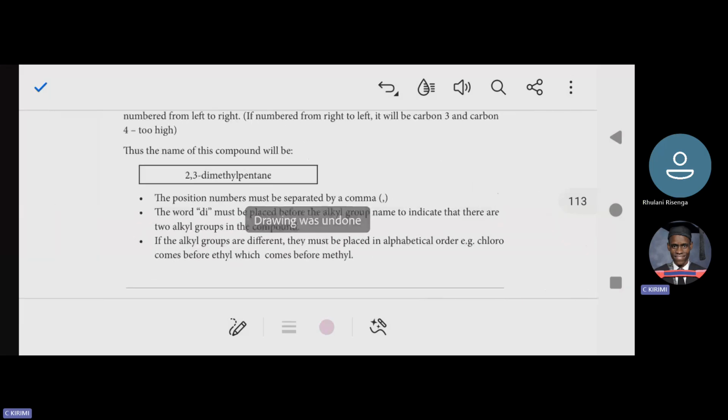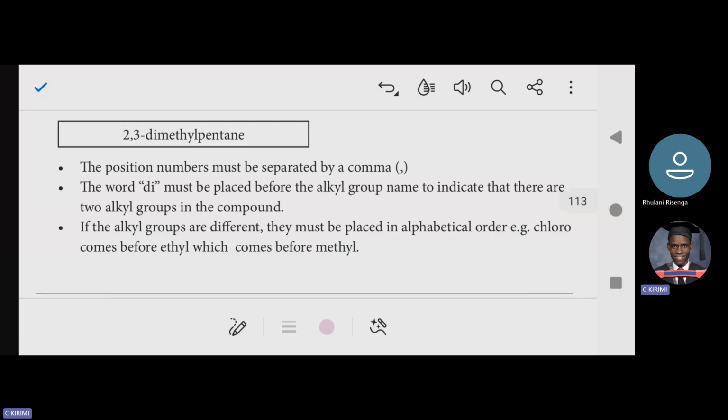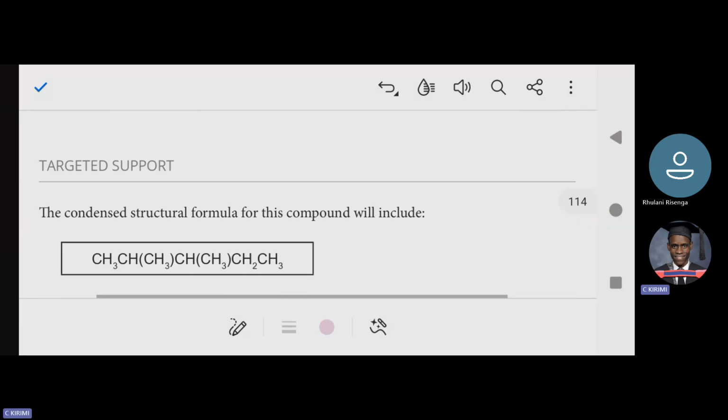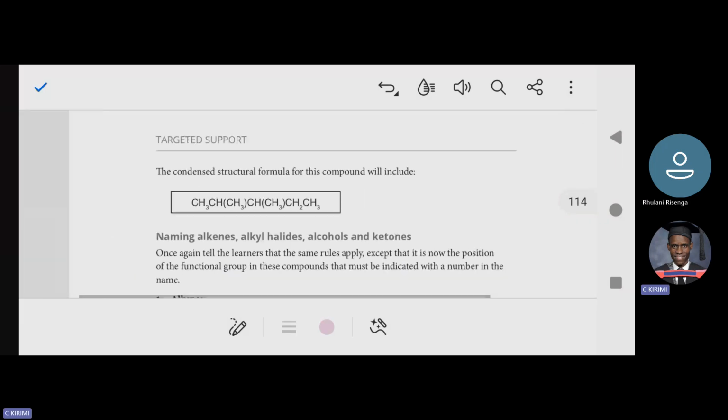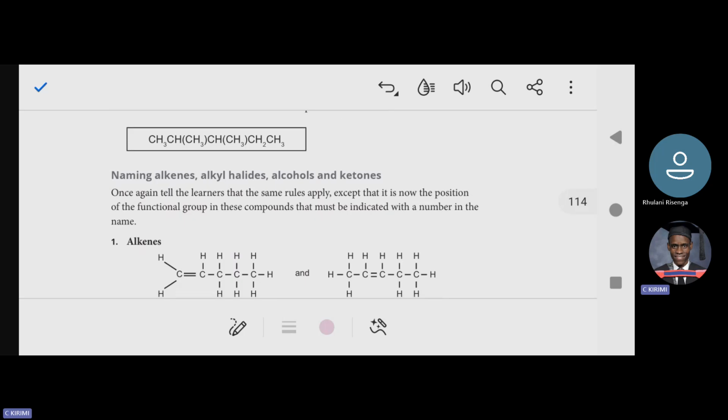Now, the position must be separated by a comma, which means those positions where there is an alkyl substituent, use a comma, not a hyphen, and the word di must be placed before the alkyl group name to indicate the two alkyl groups in the compound, which we already know. There's nothing much new there, just refreshing our memory. This is the condensed structural formula. Okay. Naming of alkenes,